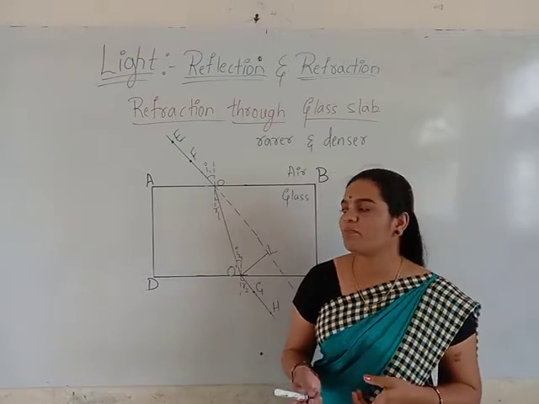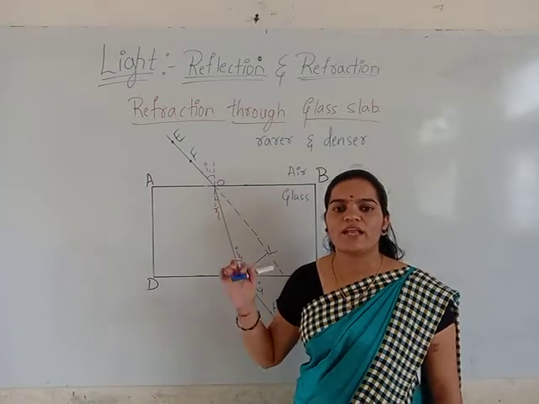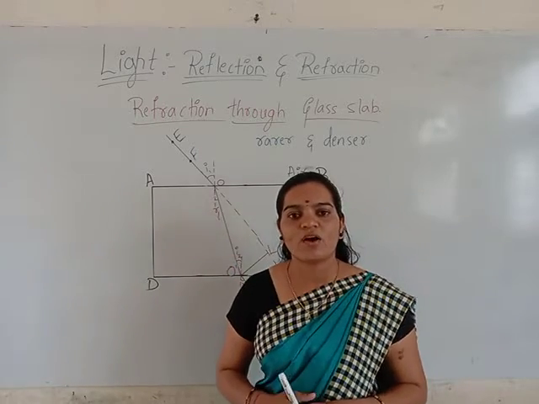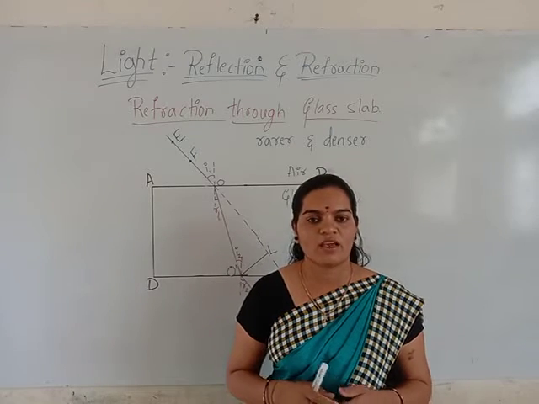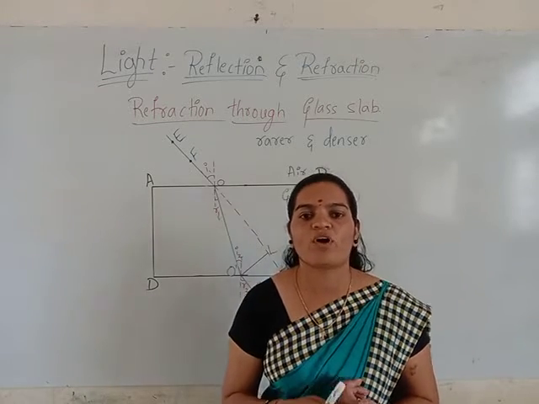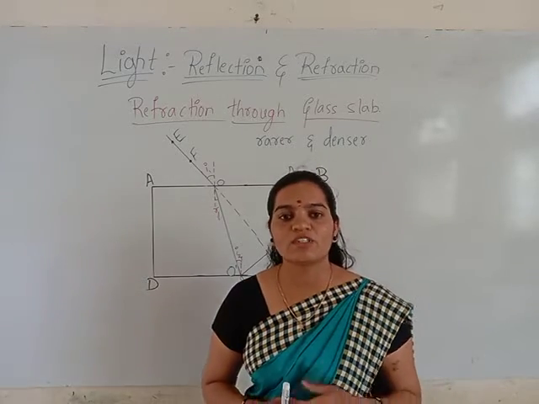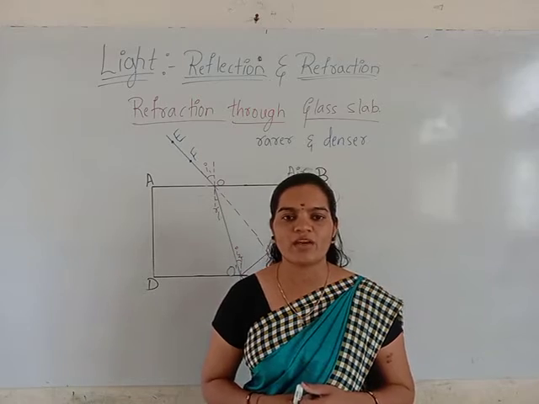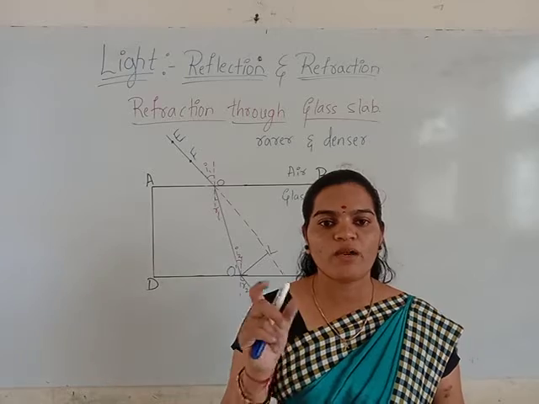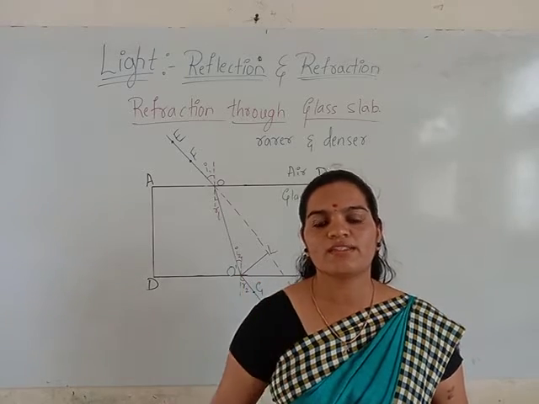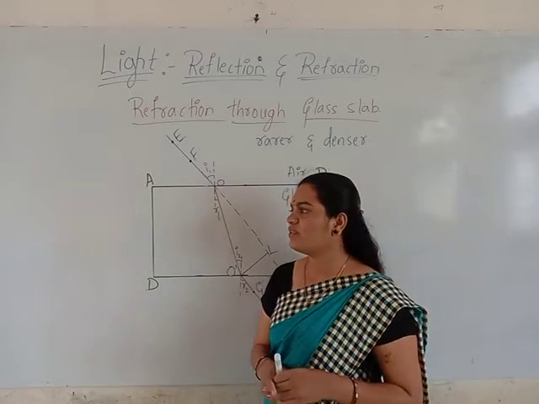If I am taking the example of air and glass, air will be the rarer medium, glass will be the denser medium. If I am considering water and air, which will be the rarer medium over there? Air will be the rarer medium and water is the denser medium. If I am taking water and oil, which is the rarer and the denser medium there? Water will be the rarer medium, and oil will be the denser medium. Oil will be the denser medium. I hope that these 2 terms are very clear for you guys.